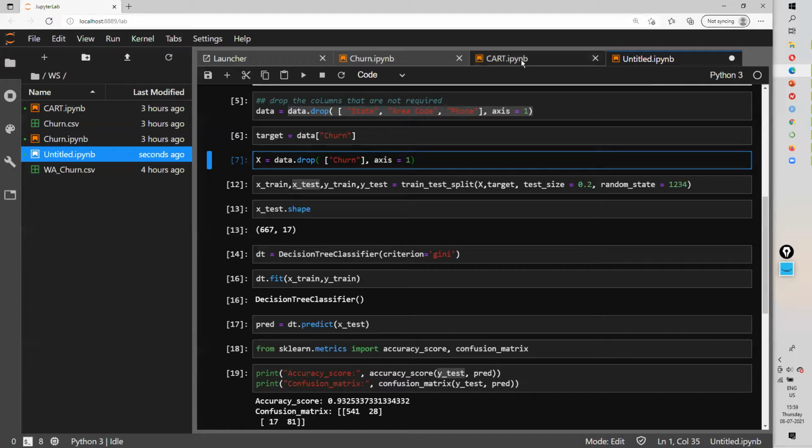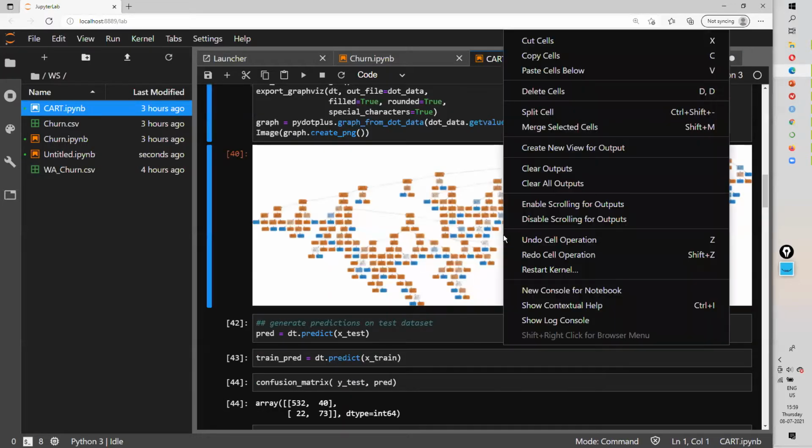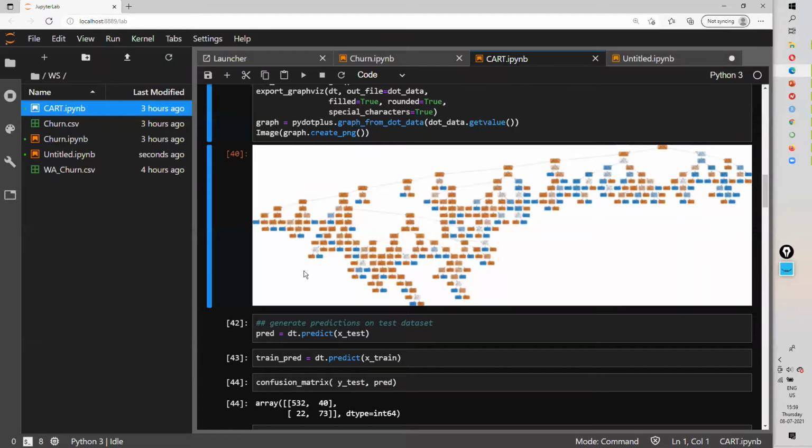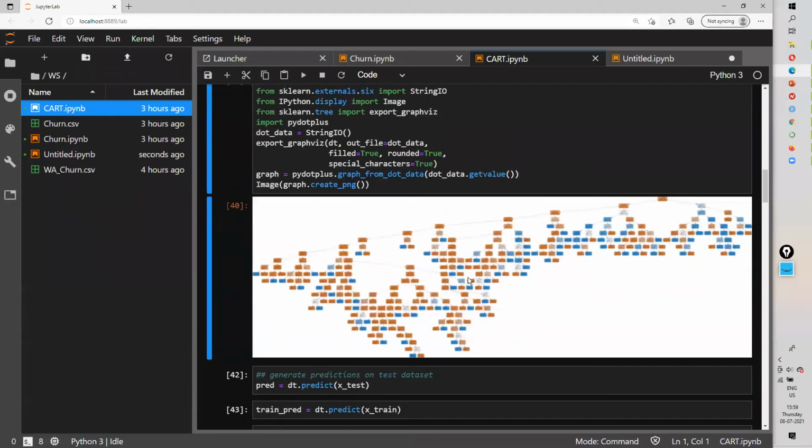Yeah, there is a possibility to view the tree. This is the tree. You can save this as a PDF, expand it, but readability goes for a toss. You would not be able to read because the tree is so big. It has made so many splits. You can just see those minute details over printed there. Even if you save it as a PDF, I don't think you would be able to really make anything from this.